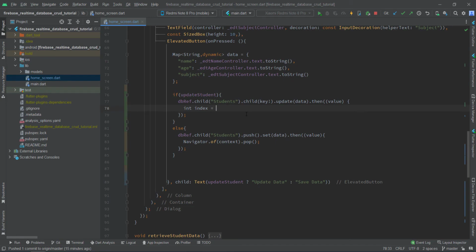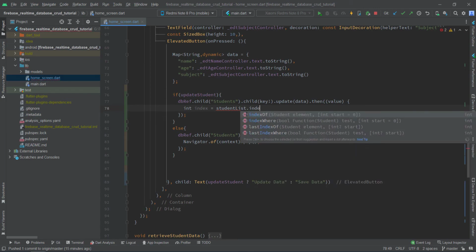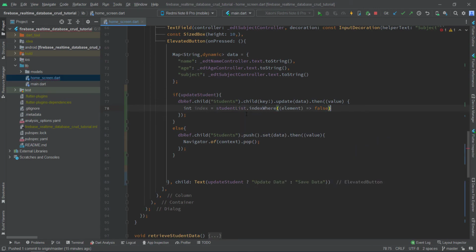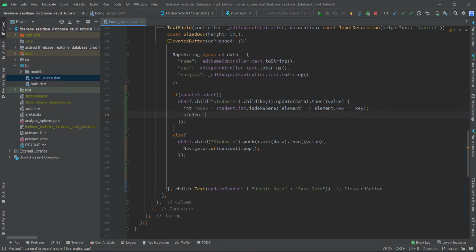Int index student list dot index where. First I need to get the index of that specific element. So element dot key equals to key. This will return us the index of that specific element, and then I have to remove it. Student list dot remove at index,